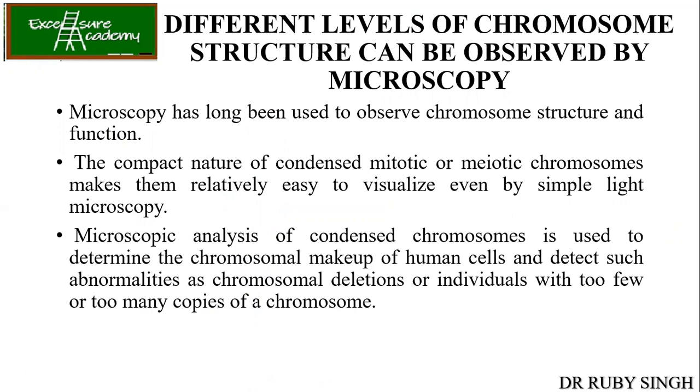Now, how exactly did we come to understand mitosis and meiosis at this level? This was all done with the help of microscopy, be it electron microscope, fluorescent microscope, or any other kind of phase contrast microscope. The main beautiful thing about all these microscopy was that we were able to study and distinguish very nicely among the chromosomes, and we were also able to detect any abnormalities that were present.